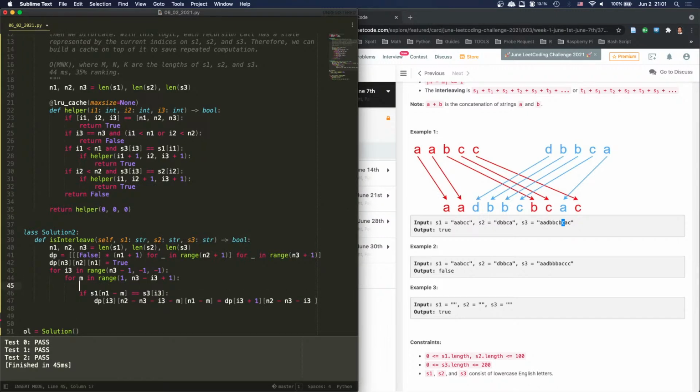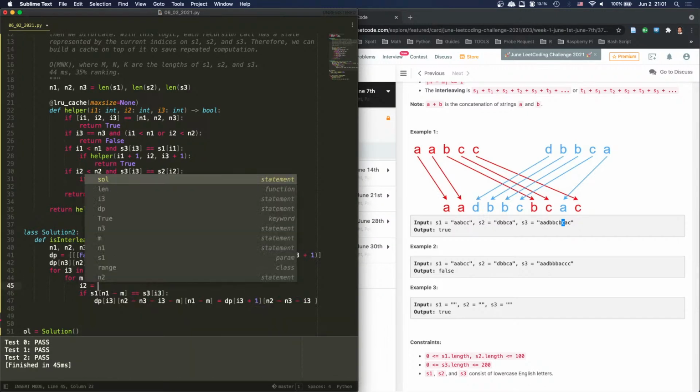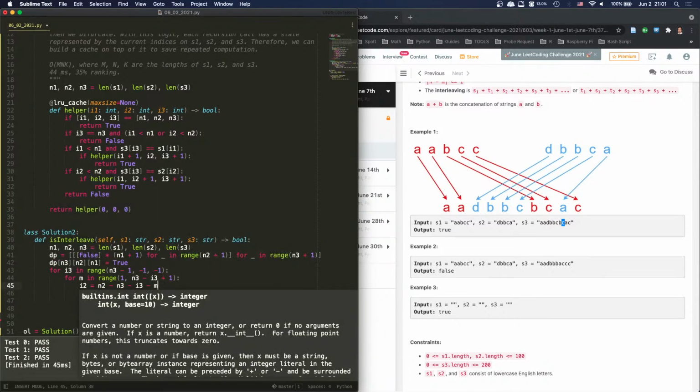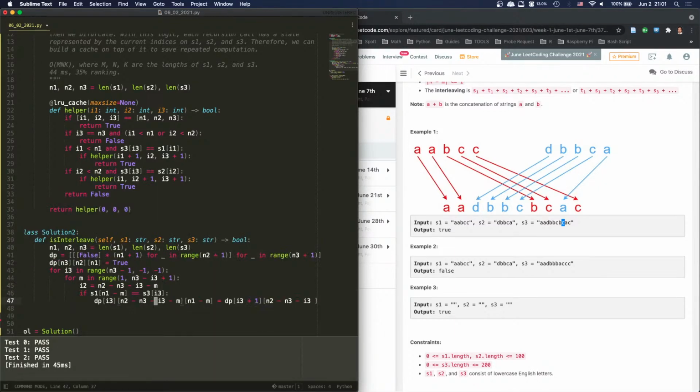Well, we can just say I2 equals N2 minus N3 minus I3 minus M, right? And then also say I1 equals to N1 minus M,